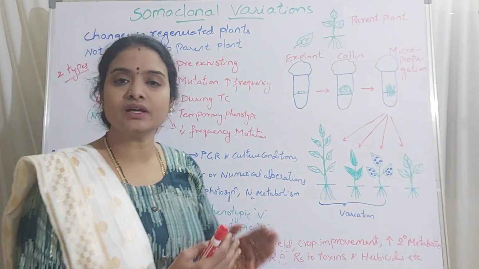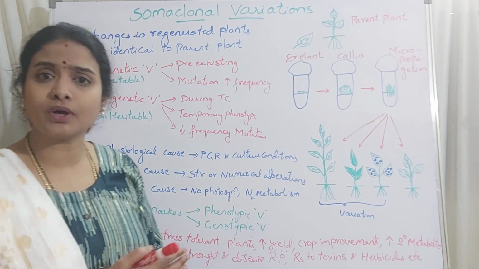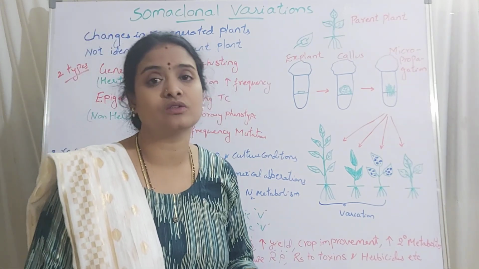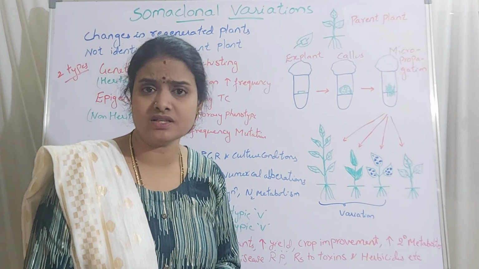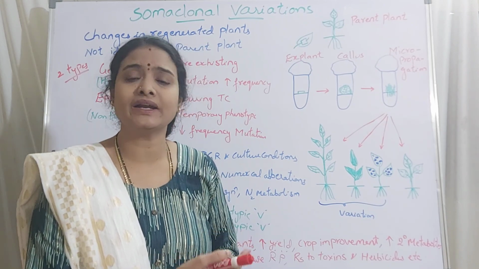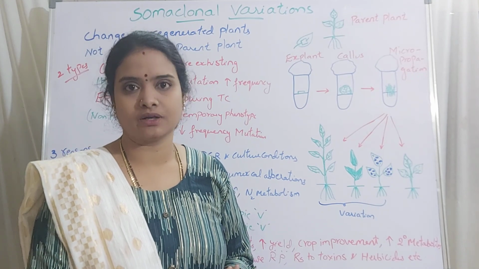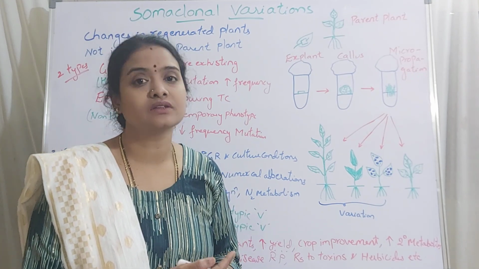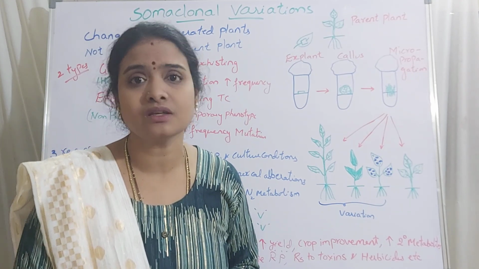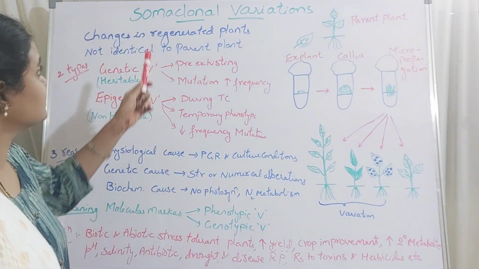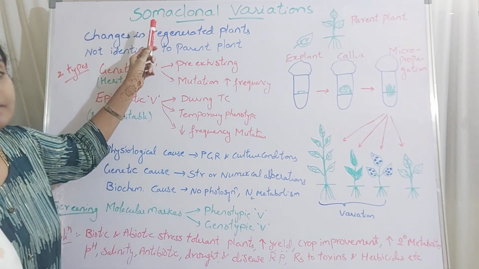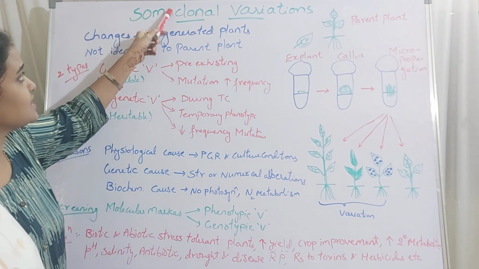Right? So here in plant tissue culture, we produce diploid plantlets and also haploid plantlets. If we are producing the diploid plantlets, they are produced from the somatic cells of the parent plant. If it is a haploid, they are produced from the gametic cells of the parent plant. Is that clear? So here in these variations, we are talking about the somatic cells which are